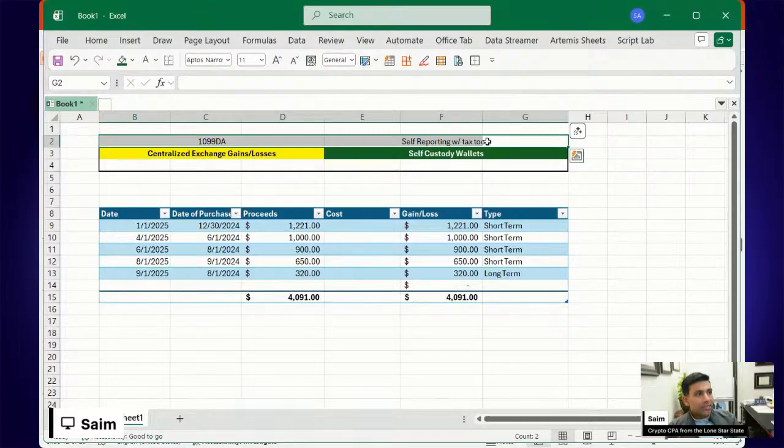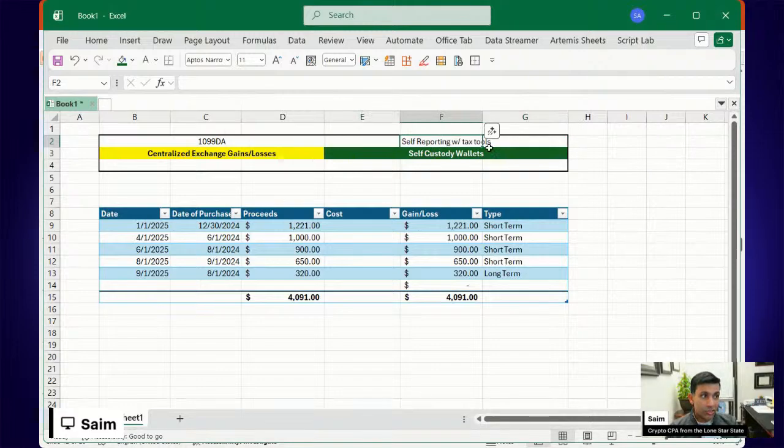But don't plug in the tax data from the tools right away if you're receiving a 1099 DA, because most likely, since you've connected that exchange, the 1099 DA's gains and losses will also be shown in the self-reported, like for example, Koinly, you'll see them on there. So make sure you take those out, and then you let the 1099 DA flow, provide the cost basis from these tools, and with the adjustment, that covers it.